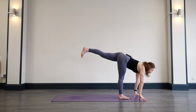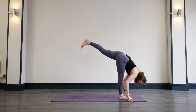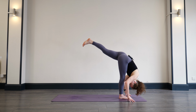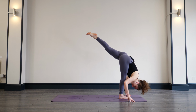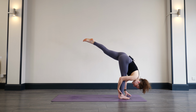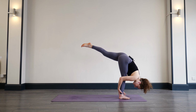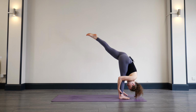Inhale, lengthen into the spine. Exhale, start to walk the fingertips back behind you. You reach that left leg all the way up to the sky. Maybe start to fold inwards. The torso moves towards the leg. If you want a little bit more power in this movement, take the right hand to the outside edge of the right ankle. Maybe see if you can take the left arm. There, and we hold and breathe for 3 and 2